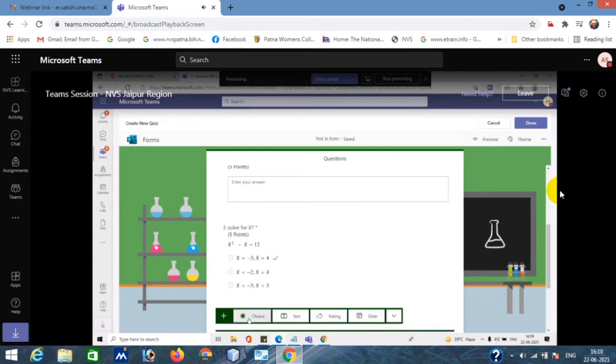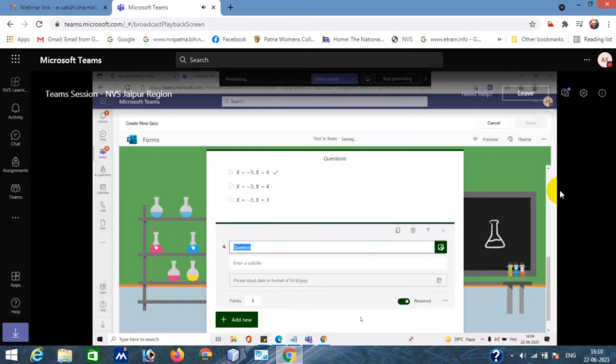Now I can click on add new. So here is a date based question. Date means, let's suppose a history teacher is going to use this form to create a question paper. So he can use the date based choice. Why? Because he just wants students to only enter a date. No other value will be allowed in this particular format. So only date values will be allowed. So you can use this option, date, right?